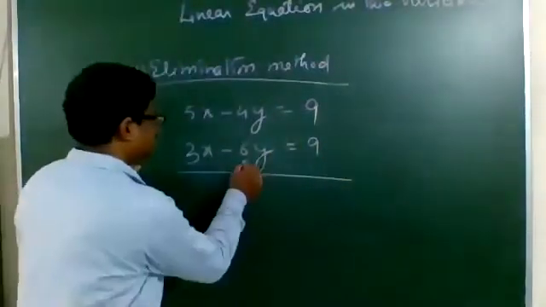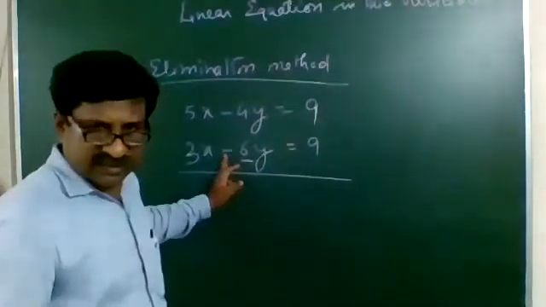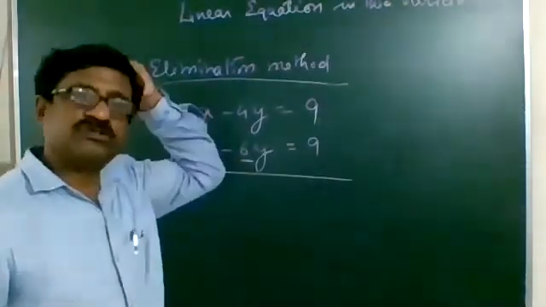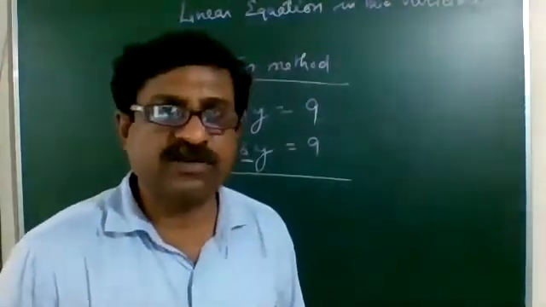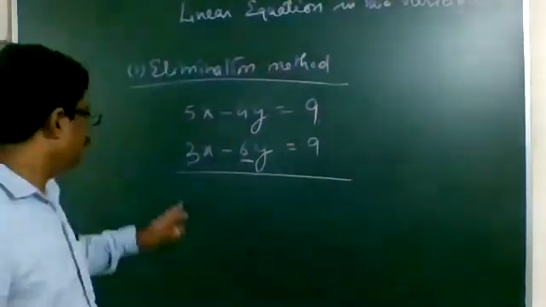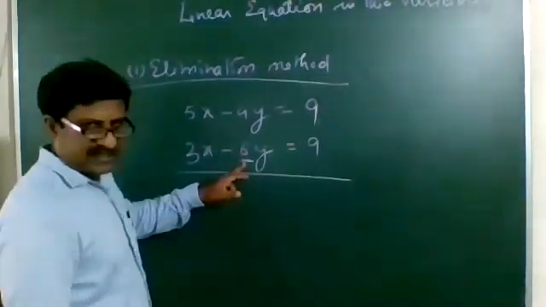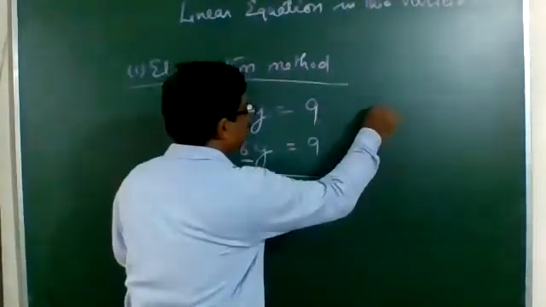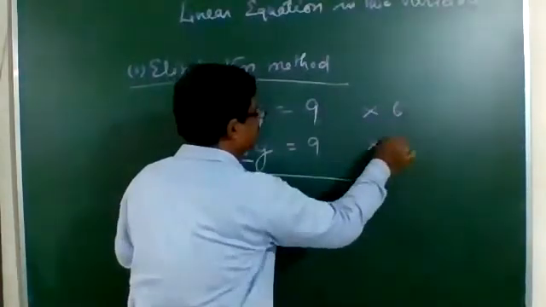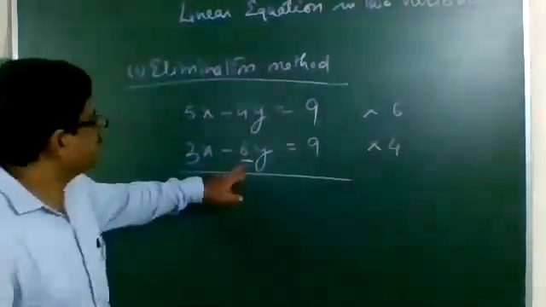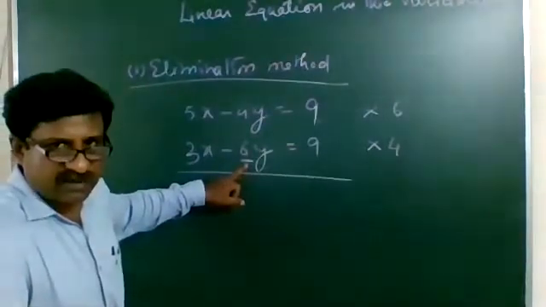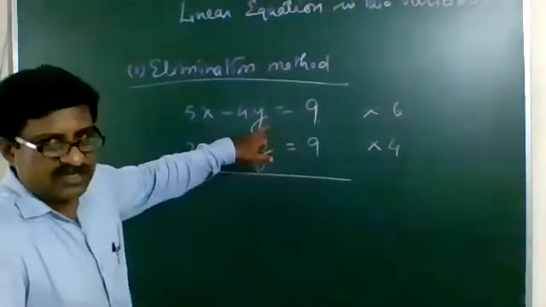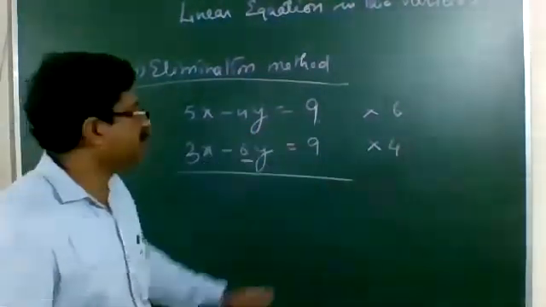6 is given over here. We don't see the sign just now. Don't bother about the sign. Sign we'll see later on. According to the situation, we will either add or we will subtract. Now, here the coefficient is 6 and here the coefficient is 4. Therefore, we multiply this equation by 6 and this equation by 4. 6 is given as the coefficient of y, therefore 6 we have multiplied in the first equation. 4 is given as the coefficient of y, therefore 4 we have multiplied over here.